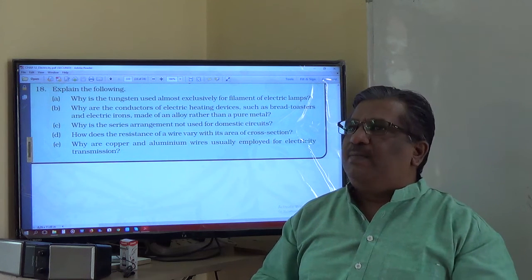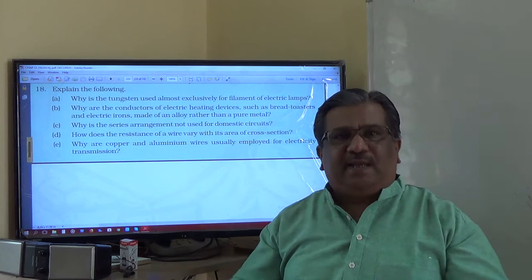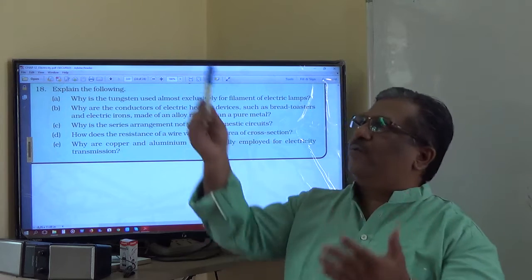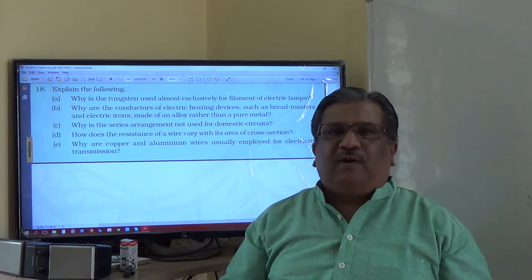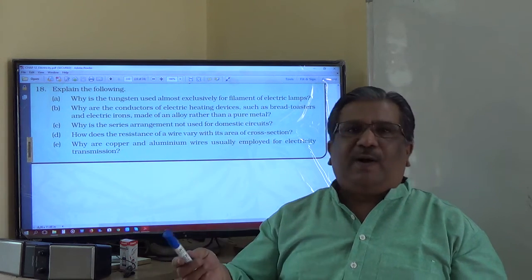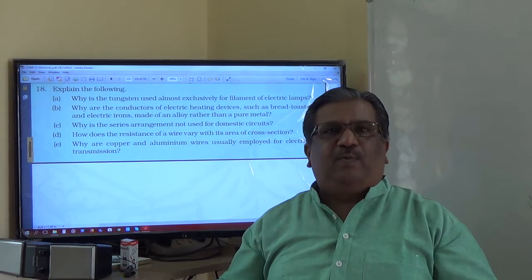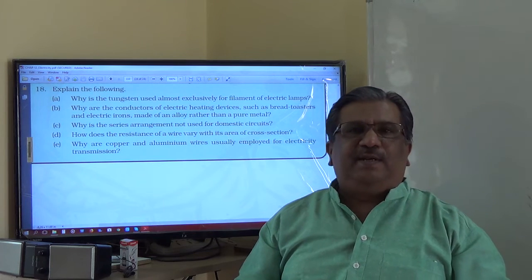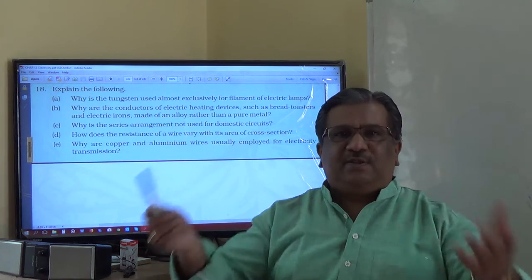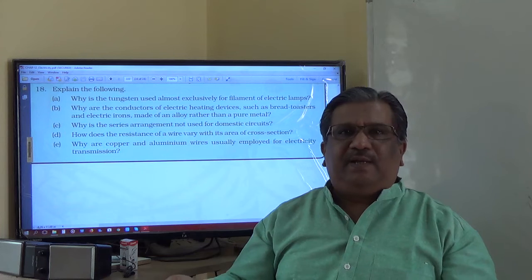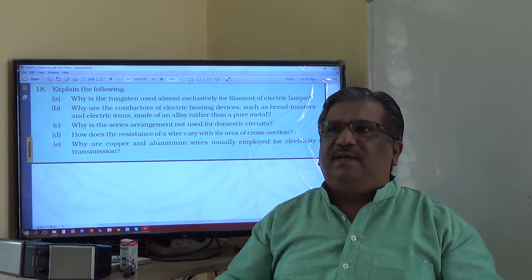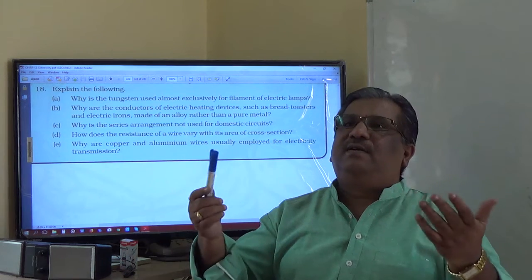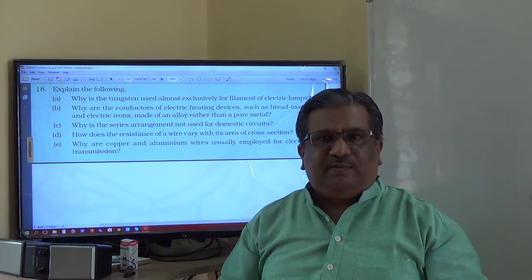Also, one more thing is that the current in a series circuit remains the same. Say for example, can I connect a washing machine and a small 25 watt bulb in series? It is not possible because the current requirement of the small bulb is smaller in magnitude, and the current requirement of the washing machine is higher, whereas in series combination the current remains the same across all the appliances. Hence it is not possible to connect two appliances of different current requirements in series.